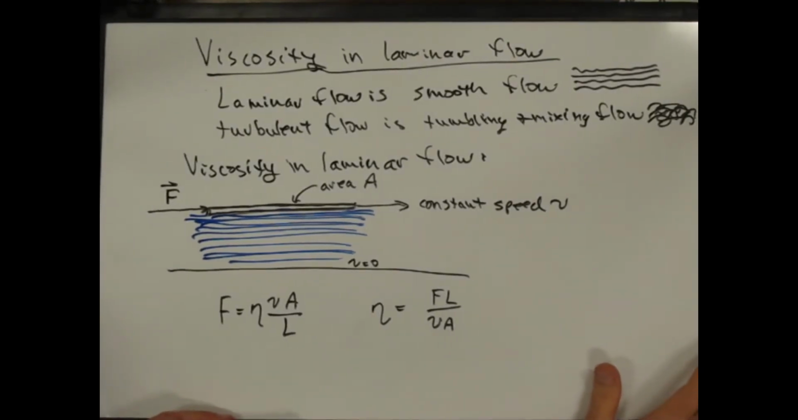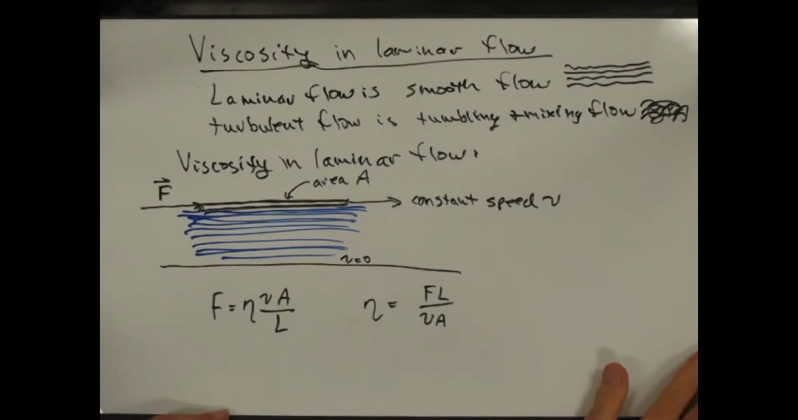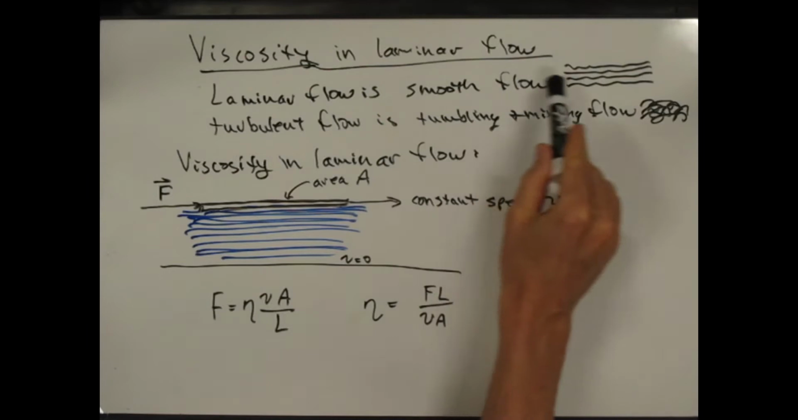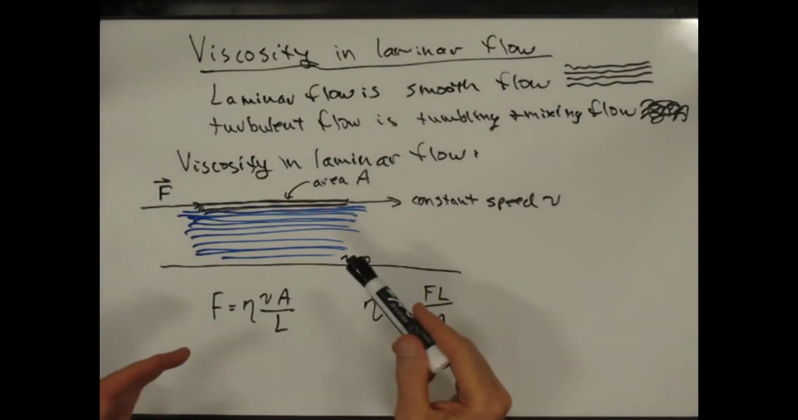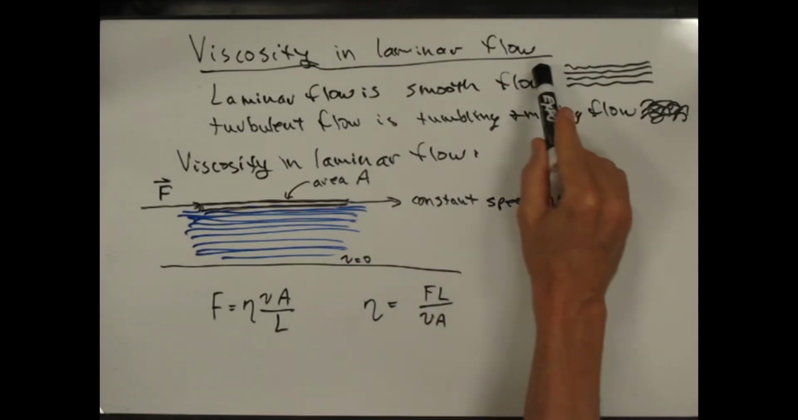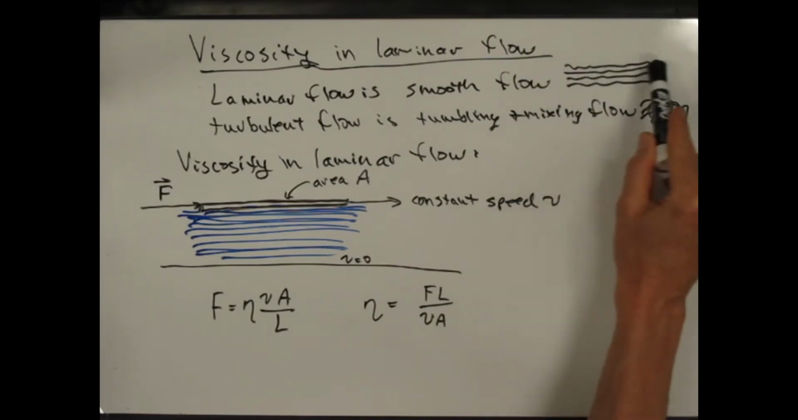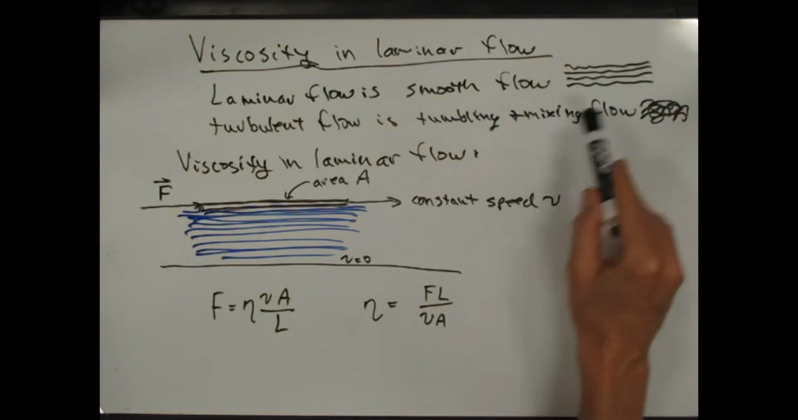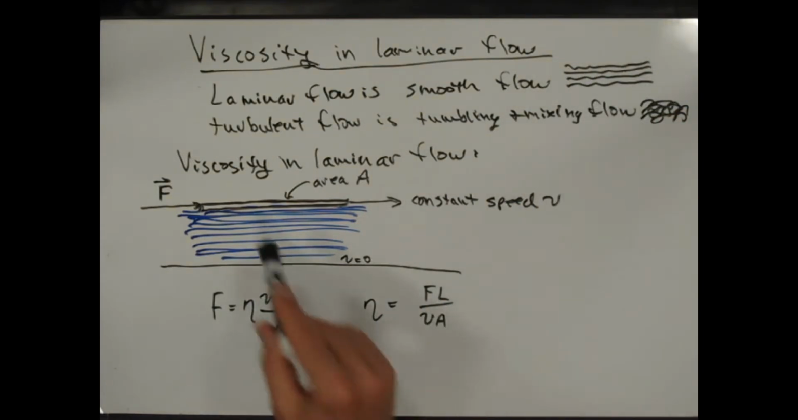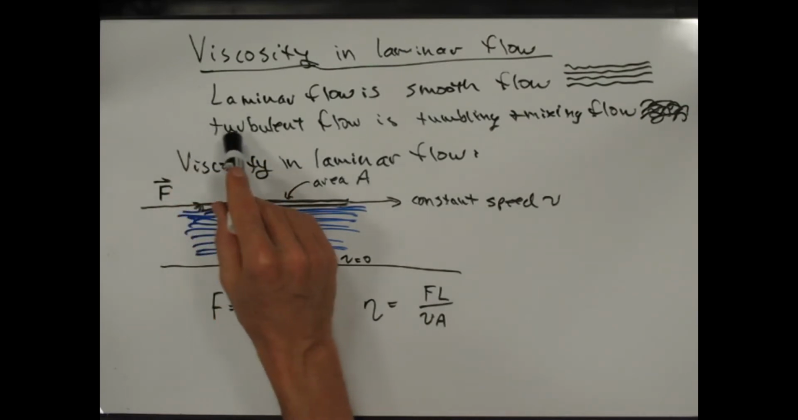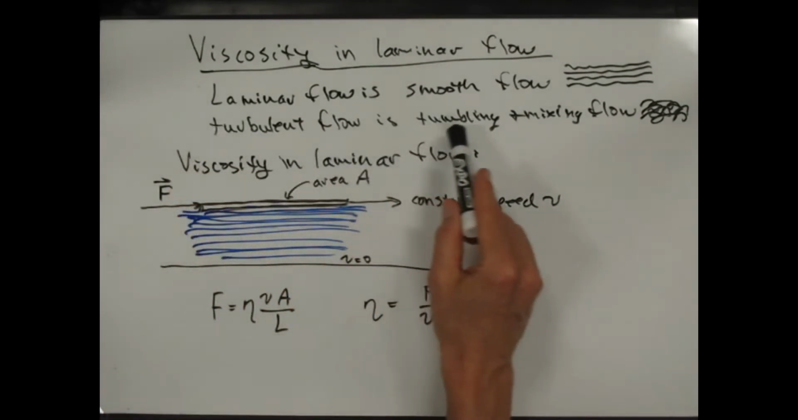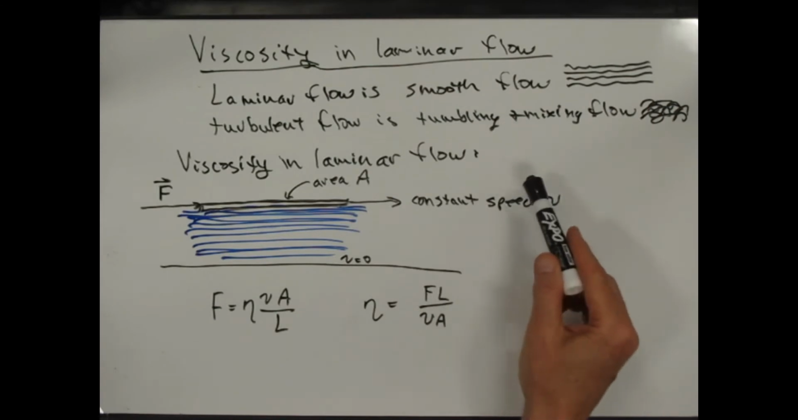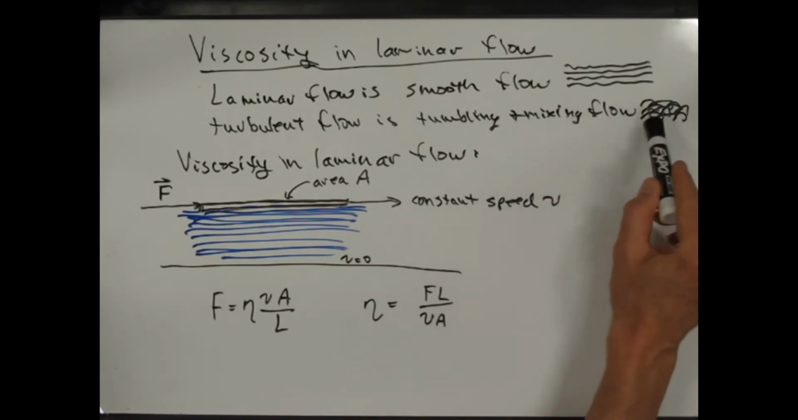So this is just a short section on viscosity in laminar flow. Let me briefly say, laminar flow is smooth flow. If you look at just a big river where everything's sort of smoothly flowing in the same direction, this is a special type of flow called laminar. It's as opposed to turbulent flow, which is violent whitewater type flow, where the water is tumbling and mixing all